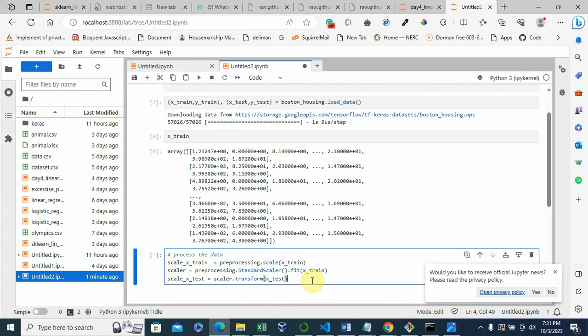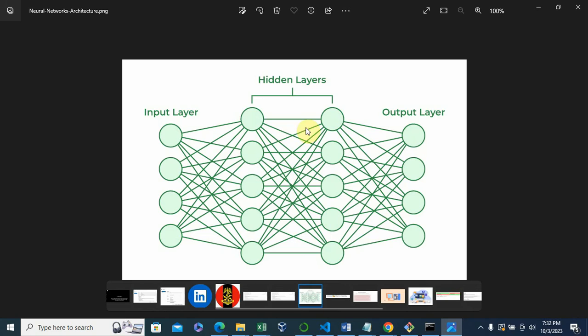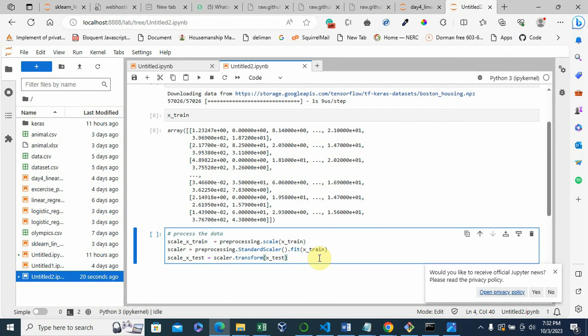All right, so I have done that. The next thing we want to do is to build our model. Remember what the model says. This is the model. Model has layers, input layers. In the input layers, we're going to define your input data, the number of neurons to use, the type of activator to use if there is any, how it should be initialized, the loss function to be used if there's any, and all of those things like that. So those are what we're going to do.